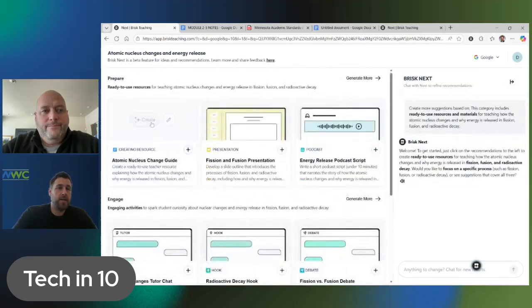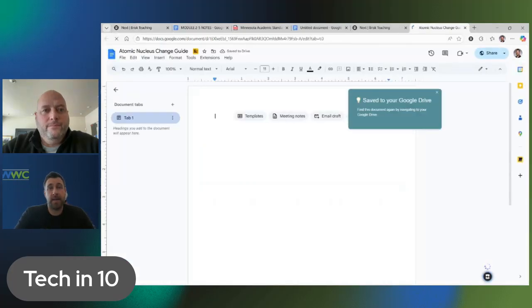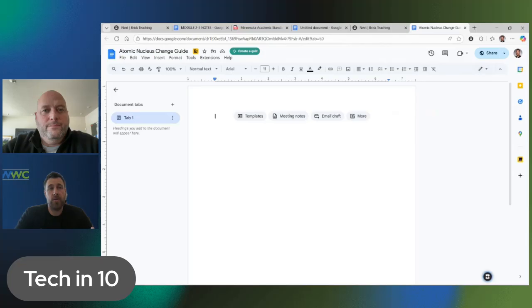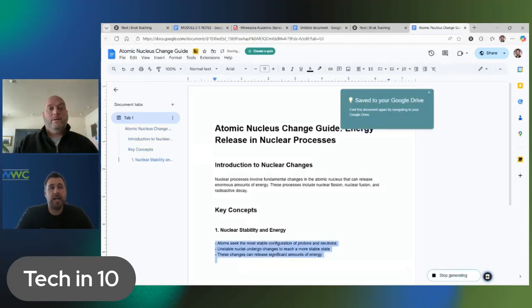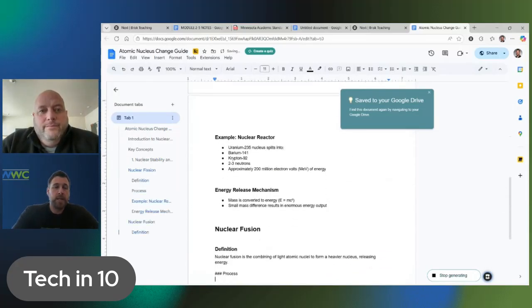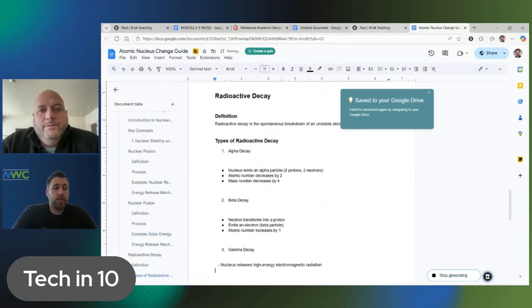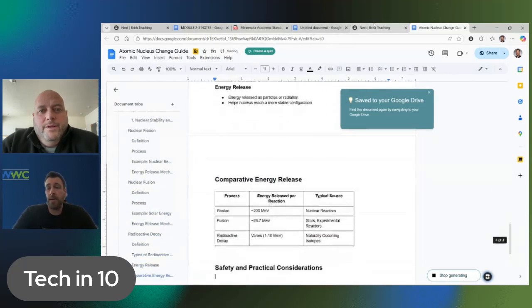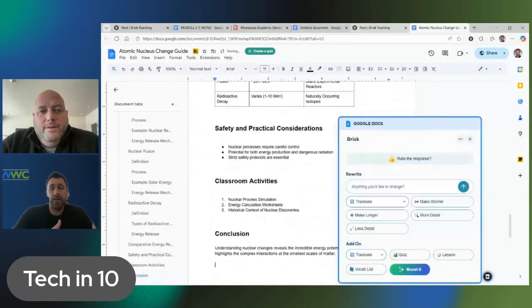You can click create, and now it's going to actually push us over into that application. So now we're looking at Google Docs, and it's going to start to generate that atomic nucleus change guide for us. So that's where we're just letting it kind of take the reins, and that's totally fine. You may like that process of it doing that, and then later you're going to change things